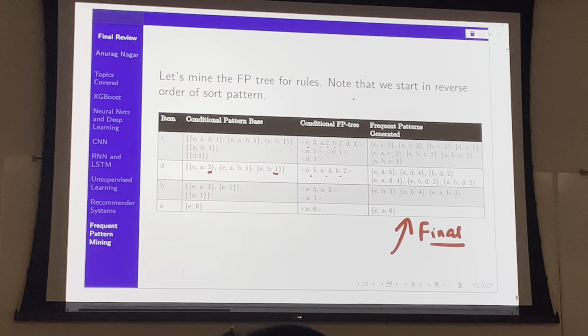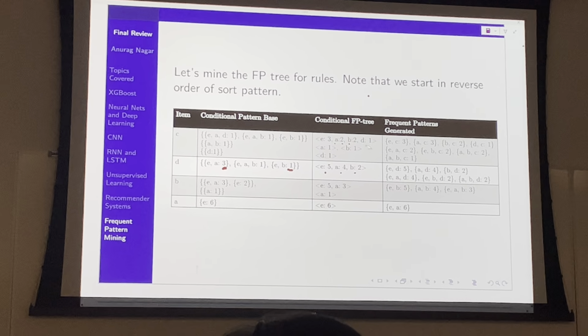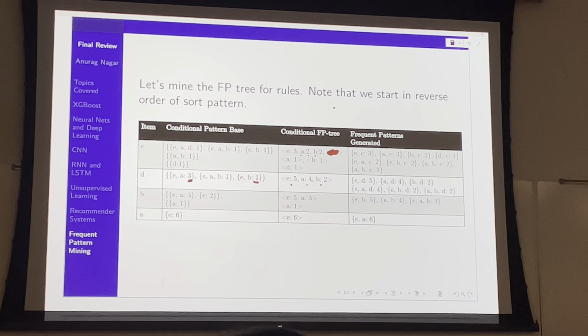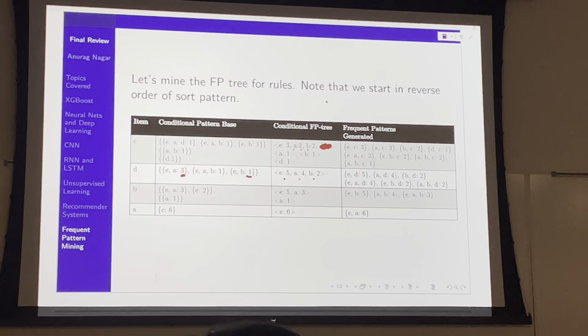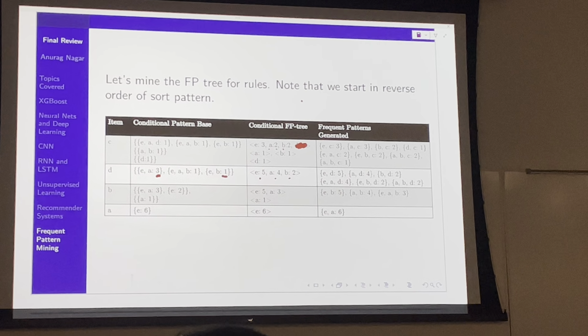Which one are you talking about? In the initial FP tree, we have E A B. Yeah, when we generate. Because D is less than the minimum support. Isn't E A also? So here, since